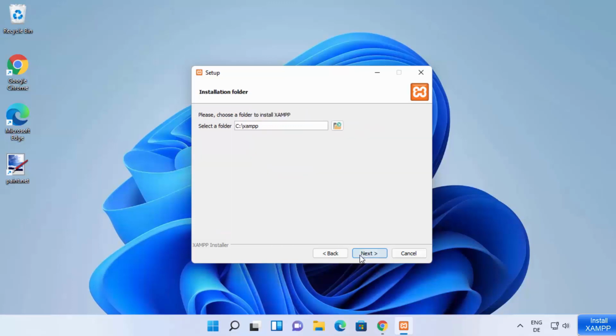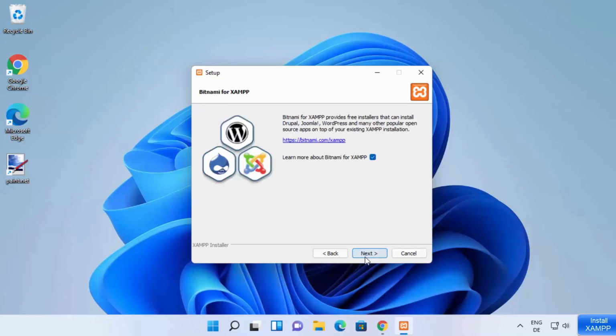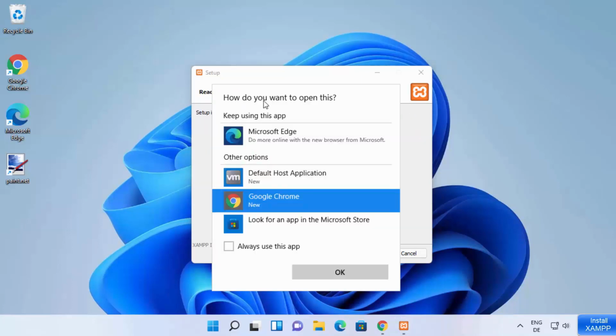on next. And this will be the location where XAMPP will be installed. So if you don't have a good reason to change this location, just leave it as default and then click on next. And then you can choose the language in which you want to install XAMPP server. I'm going to select English here and then click on next and then click on next. And at this point it says, how do you want to open this? So I'm going to select the browser of my preference, which is Google Chrome, and then click on OK, which